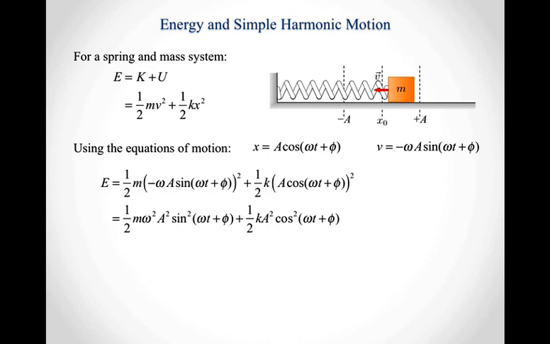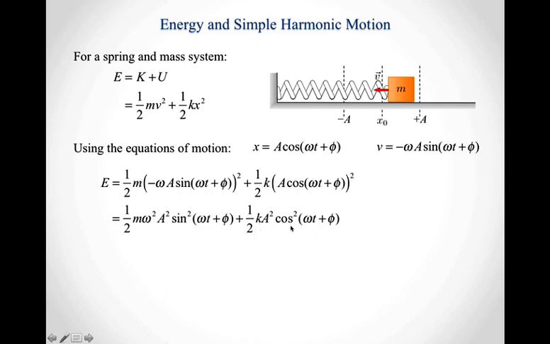And as I look at this, I see cosine squared and sine squared, and I know that when I add sine squared plus cosine squared, that gives me 1. And so it would be really nice if I can factor everything else out, and so I'm left with the ability to add sine squared plus cosine squared and make that term go away. But as I look at it right now, I see a 1/2, that's the same. I see an a squared, that's the same. But I've got m omega squared in front of the sine squared term, and I've just got k in front